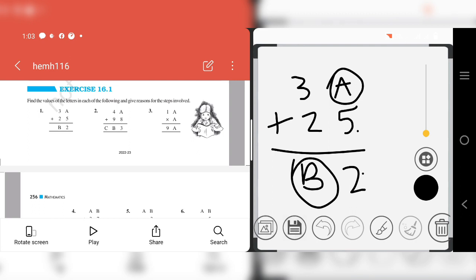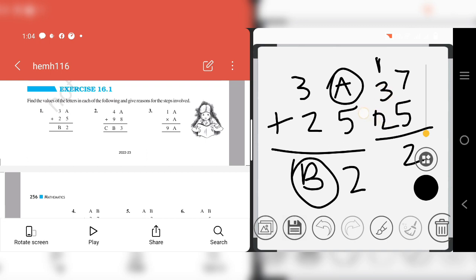So we can assume that this 2 may be of 12, 22, 32, 42, etc. But let's take the least number as 12. So a plus 5 should come 12. So after 5: 6, 7, 8, 9, 10, 11, 12. So let's assume that the value of a is 7, and 7 plus 5 is 12. 1 carry and 3,